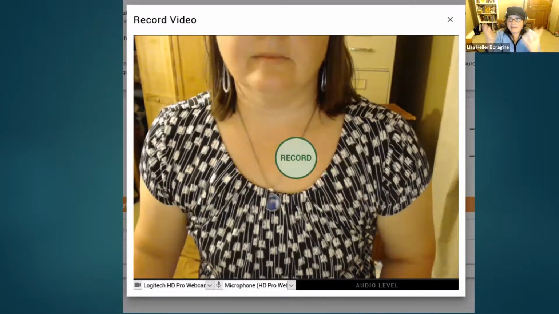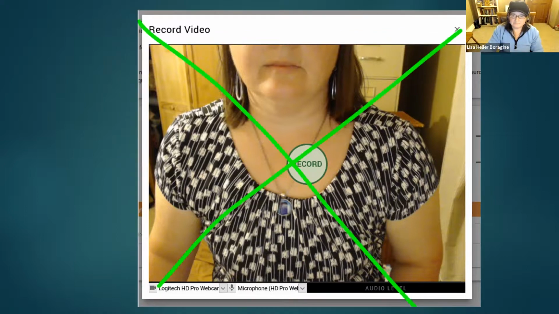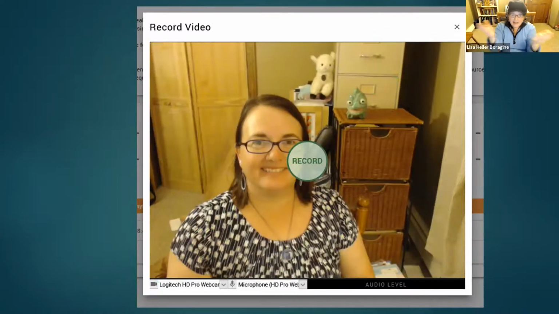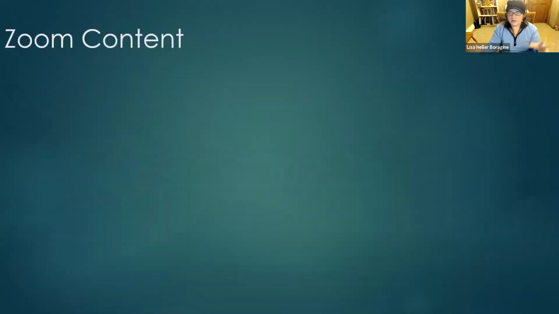You want to make sure you're in the frame, right? Don't make your camera be like this where I can see your hat. You want to make sure you are framed appropriately. So, I think this would be an appropriate frame. I've got good lighting. It's in front of me. There are some interesting stuffed animals. Maybe they make people feel more comfortable because they've got the fun look or whatever. So this is okay. But those are the kinds of things you need to think about in terms of framing.